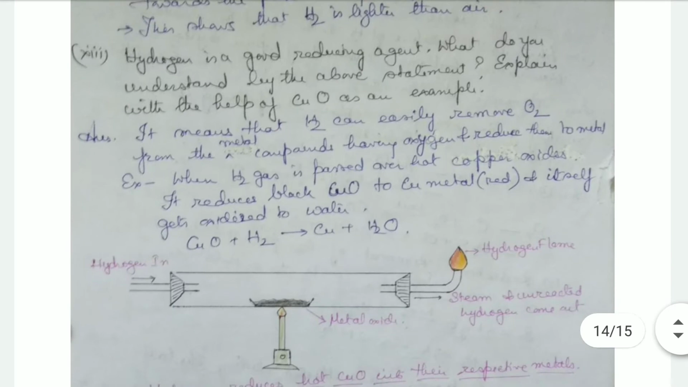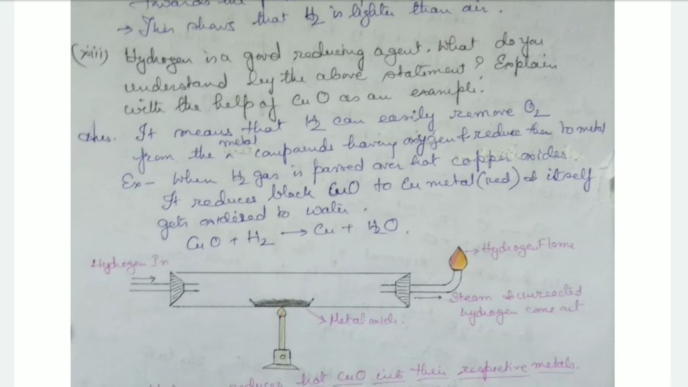Okay, next question is, hydrogen is used as a good reducing agent. What do you understand by the above statement? Explain with the help of copper oxide as an example. Okay, now it means that hydrogen can easily remove oxygen from the metal compounds having oxygen and reduce them to